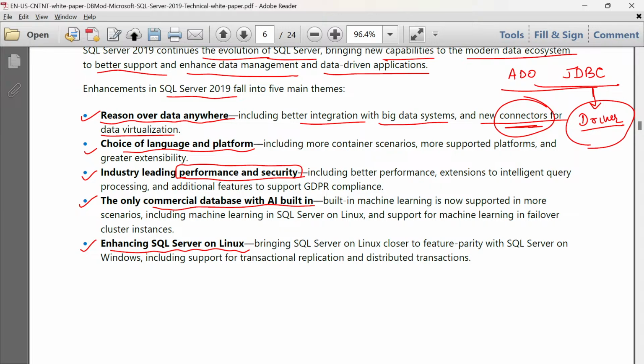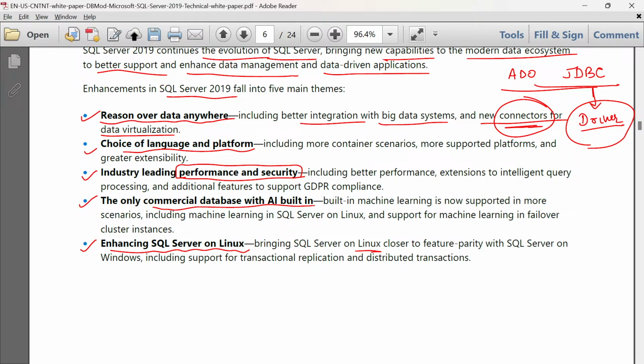To enhance its workability over platforms like Linux in a similar fashion as it is implemented over Windows platforms. So the features that might be introduced with SQL Server 2019, nowadays it has already been introduced.